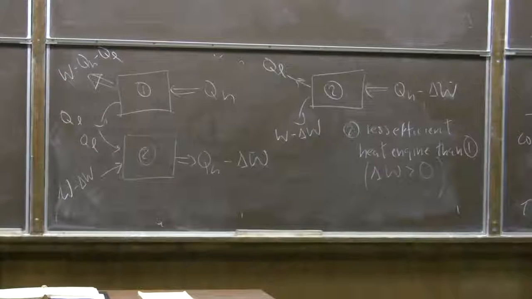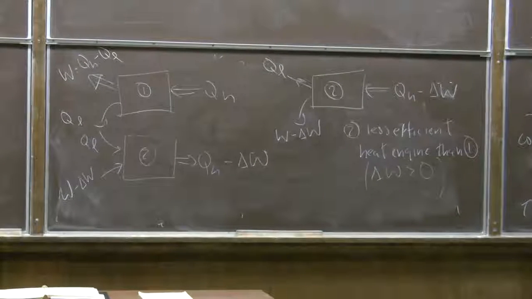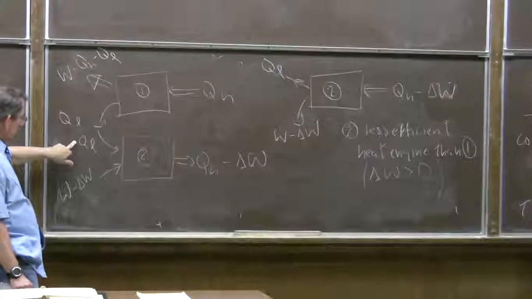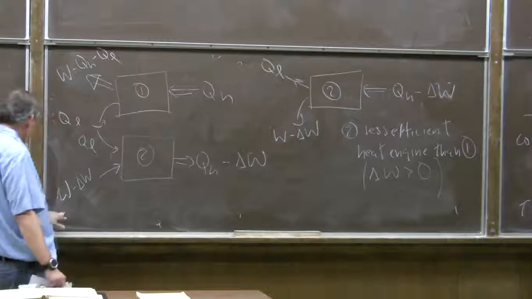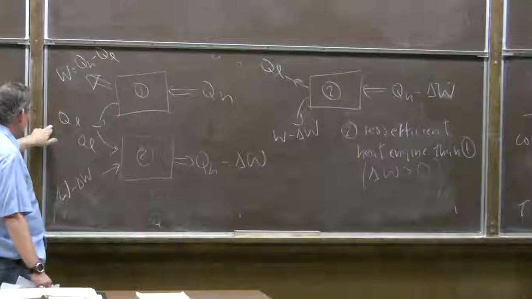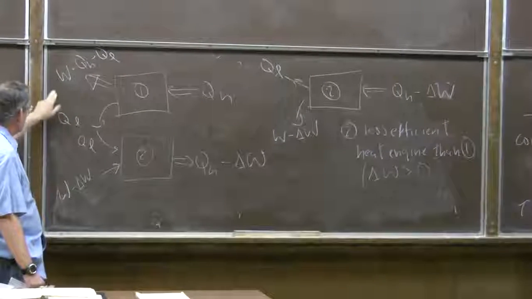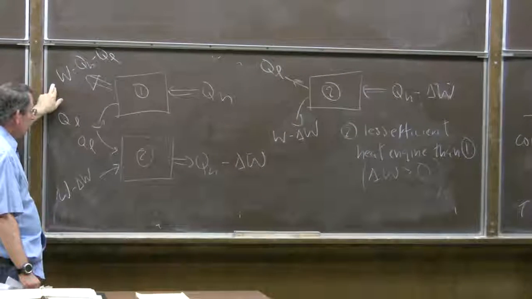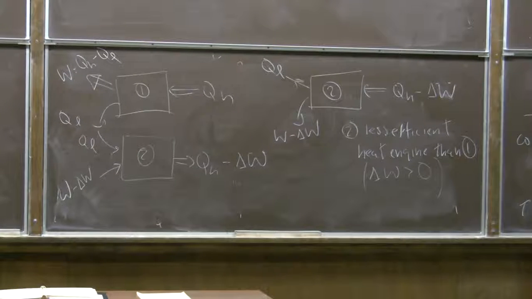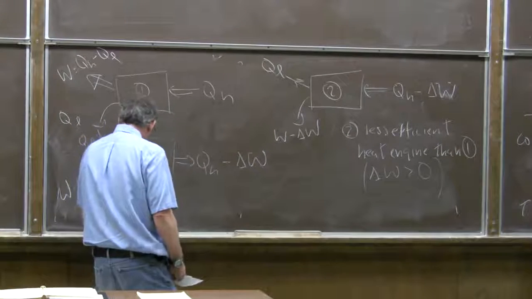Okay? So operating as a refrigerator, 2 is better because it's removing the amount of heat QL from the low temperature reservoir, and it's doing work W minus delta W. If I use 1 as a refrigerator, in order to remove QL, it would have to do W. Okay? So if it's a worse heat engine and it's reversible, we reverse it, it's a better refrigerator. When we combine 1 and 2 together in this way, 1 as a heat engine and 2 as a refrigerator that pumps the waste heat of the heat engine back to the high temperature reservoir,